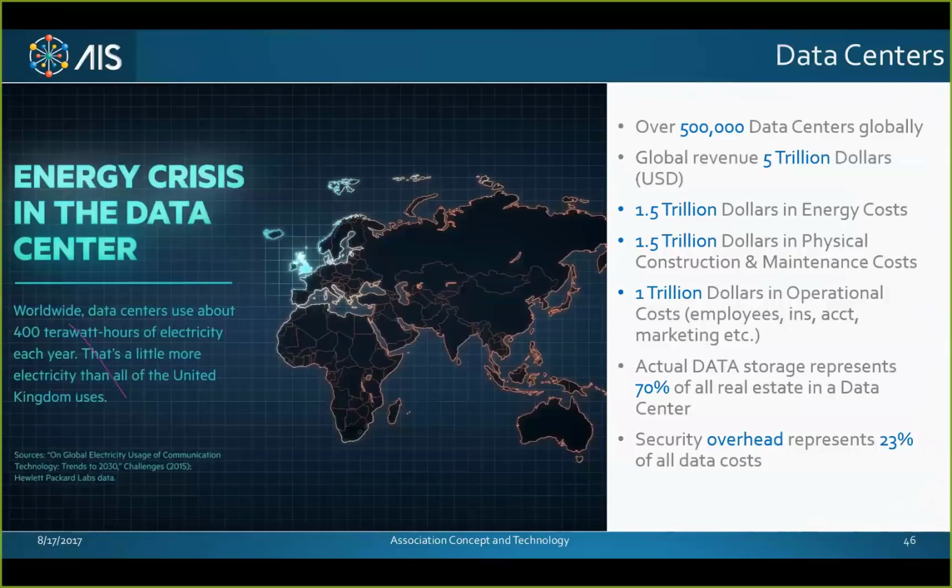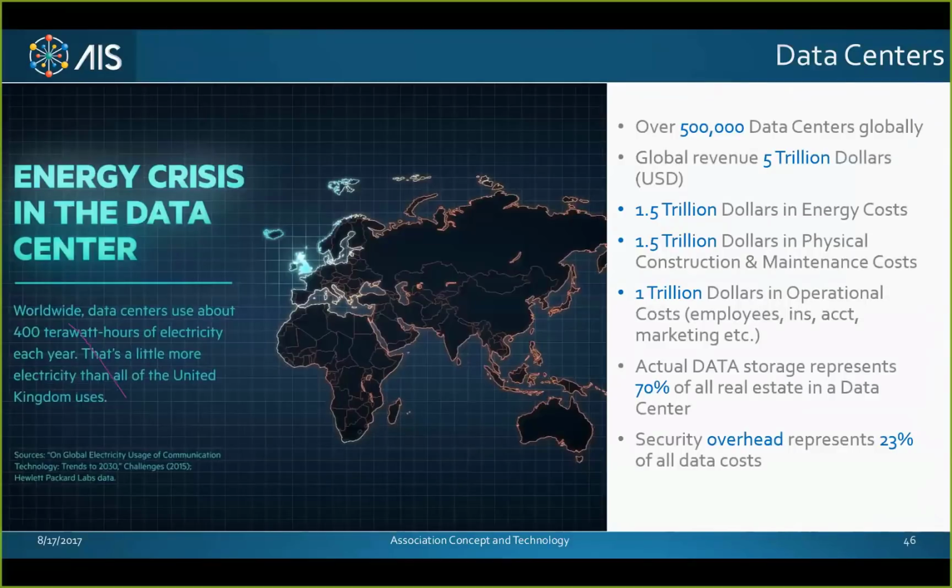Now, the interesting part, and this is on a grand scale, a third of all data center expenses is power, electricity. Any data center you go to, that's their highest cost item. Their second being, of course, internet access. But their largest cost, far and away, is the energy cost.